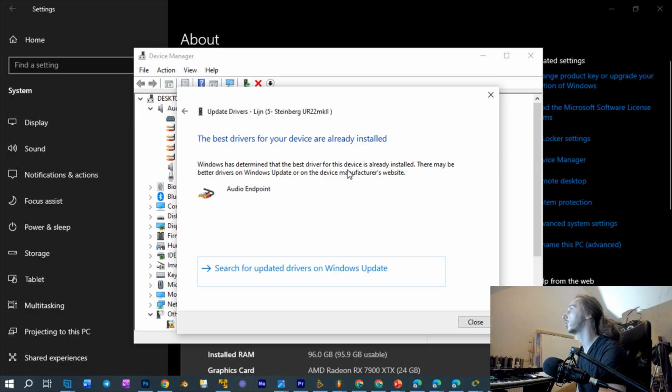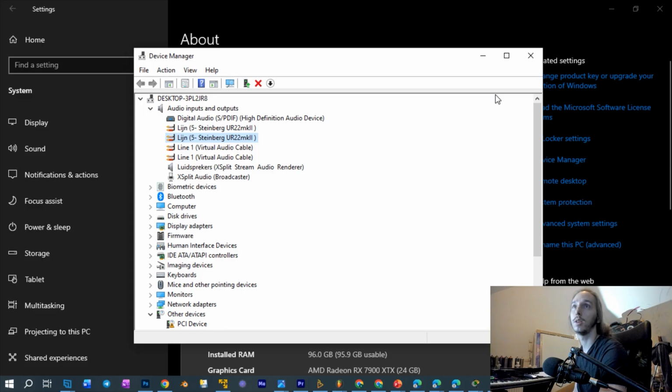Windows has determined that the best driver for it is already installed. It could be that it's already installed, but then again, it could also just be saying that for no reason. Windows doesn't necessarily auto install these. You know, CCleaner has